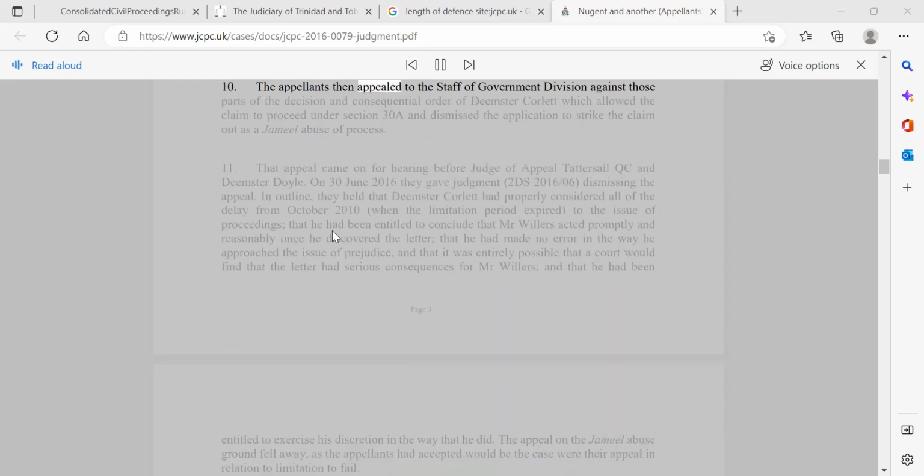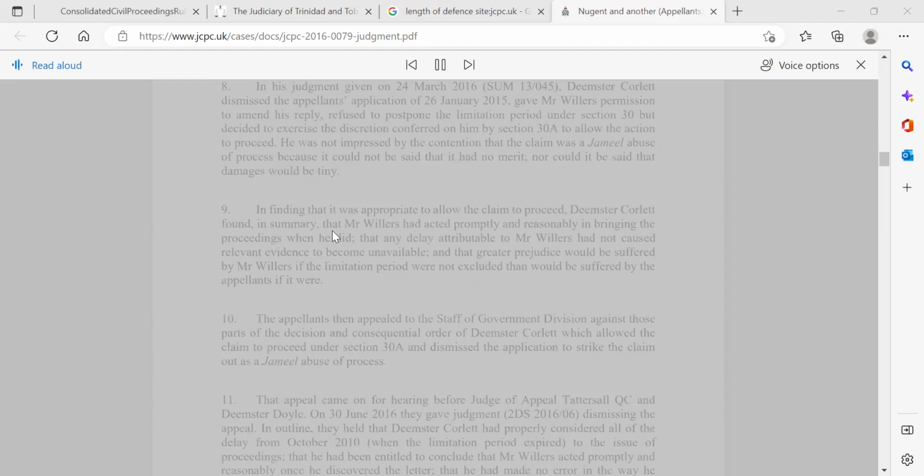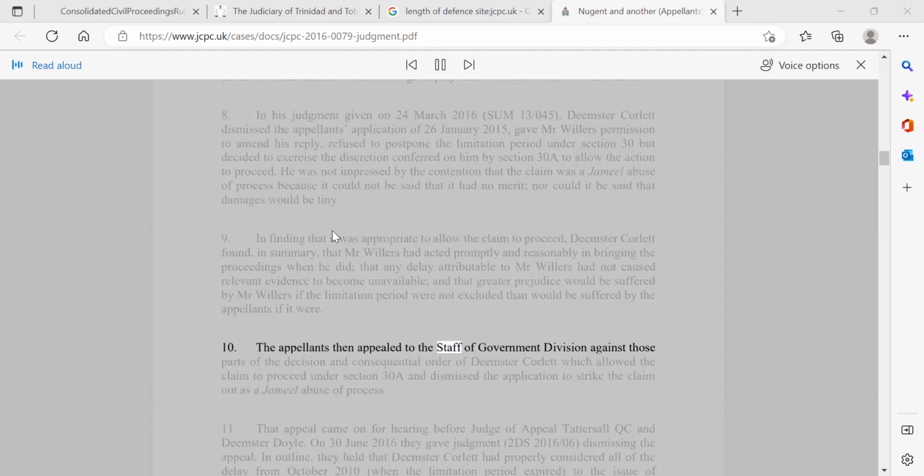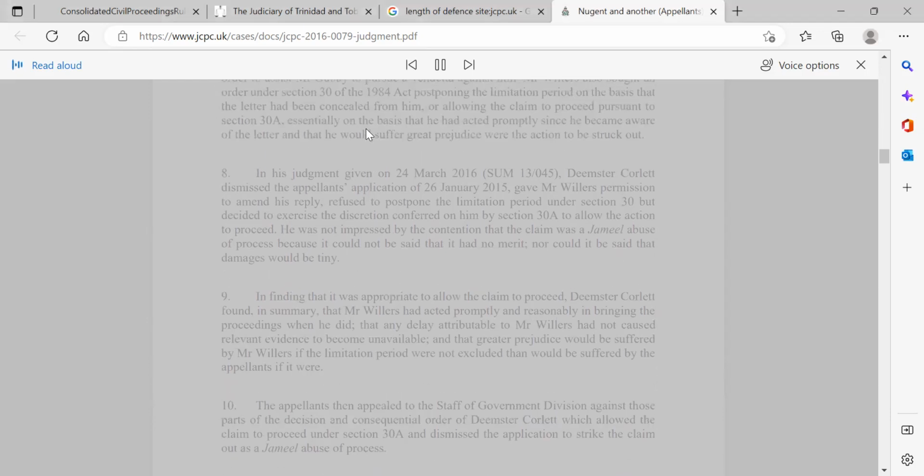10. The appellants then appealed to the Staff of Government Division against those parts of the decision and consequential order of Deemster Corlett which allowed the claim to